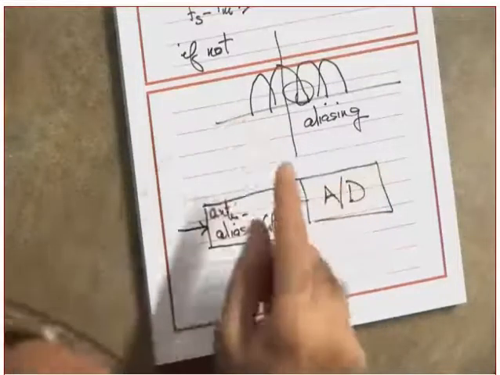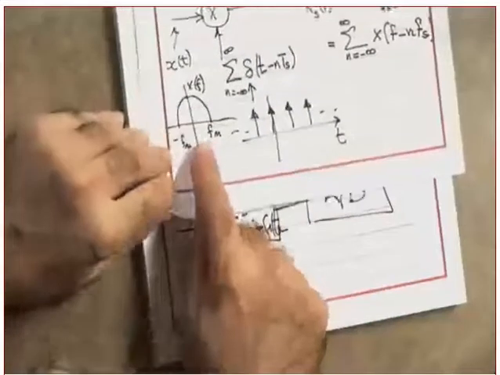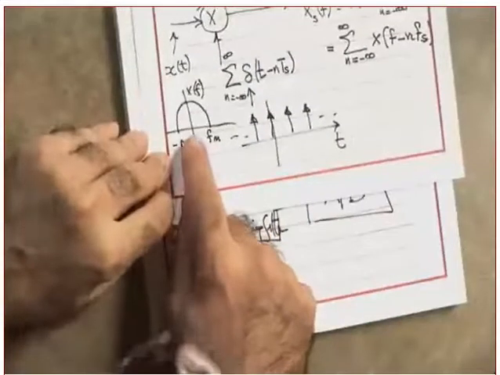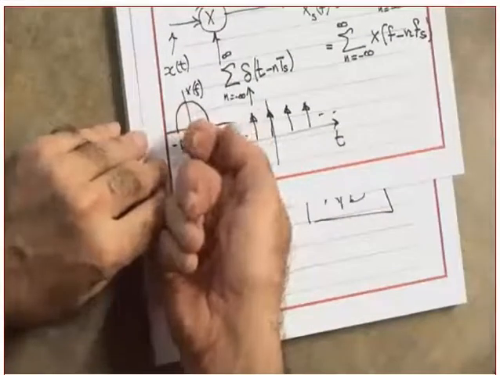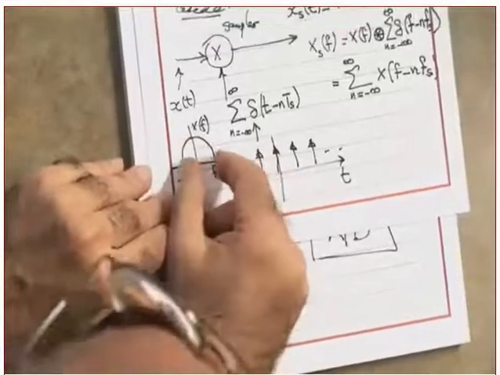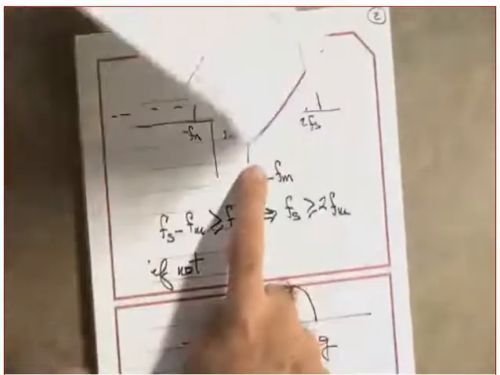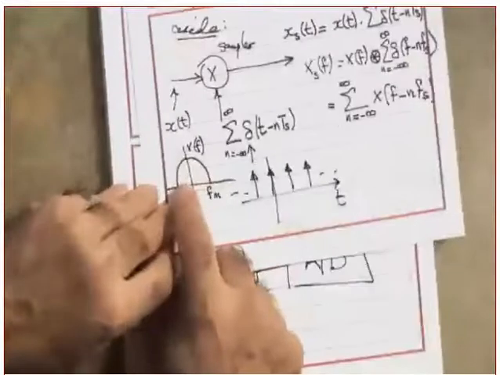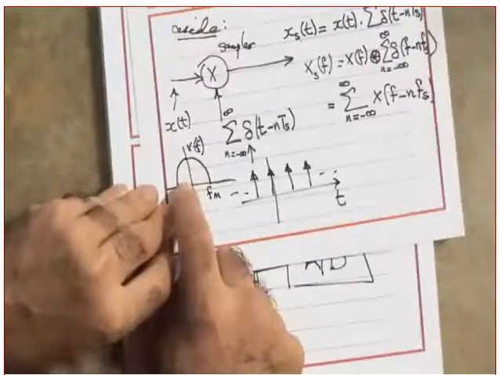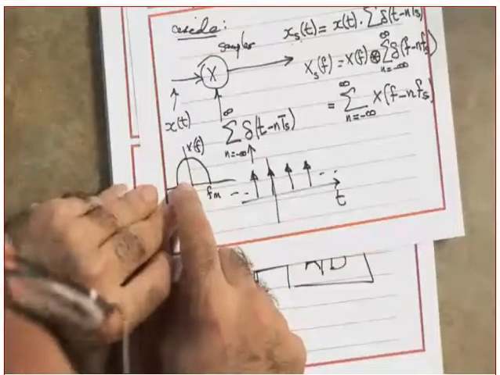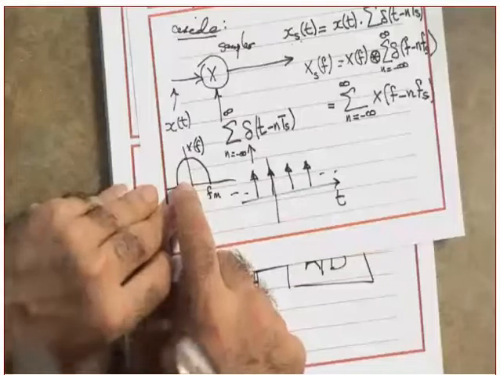See, the thing is that in here, what did I assume? I assumed the spectrum is band limited. Yes or no? If it is band limited, then this one is okay. You agree? But if this one was band unlimited, like what? Like the Fourier transform of